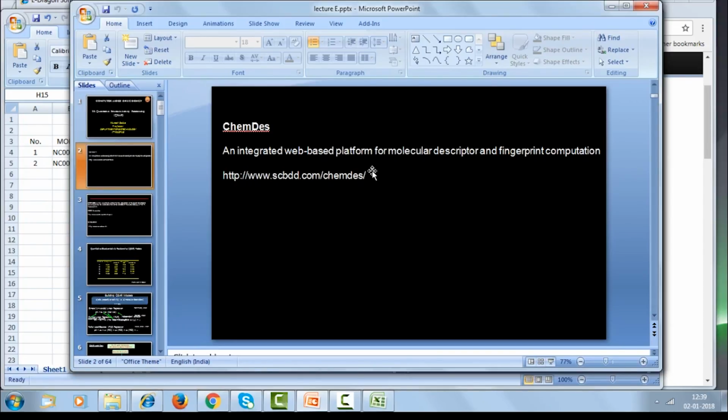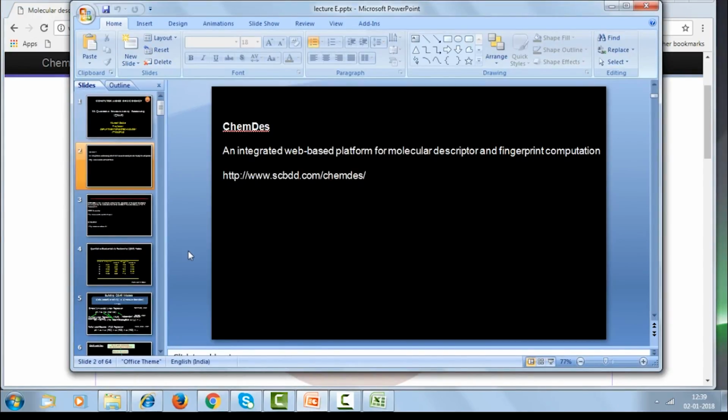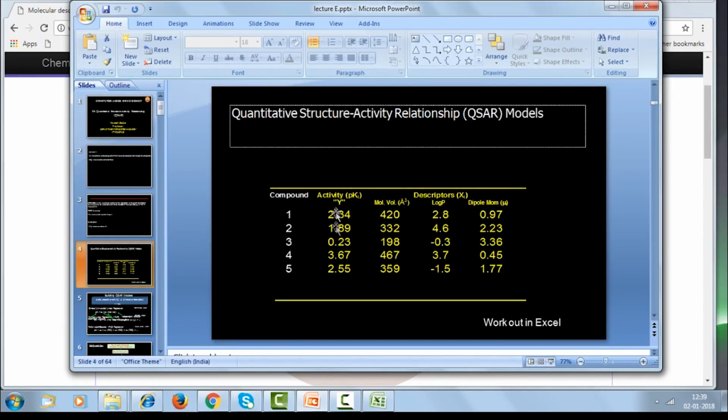Okay, huge number of softwares there. So you don't need any commercial software. As you can see, so many different softwares there which can calculate descriptors for you. Okay, so imagine we have some activity, we have some descriptors. Okay, so how do you go about doing this business of calculating